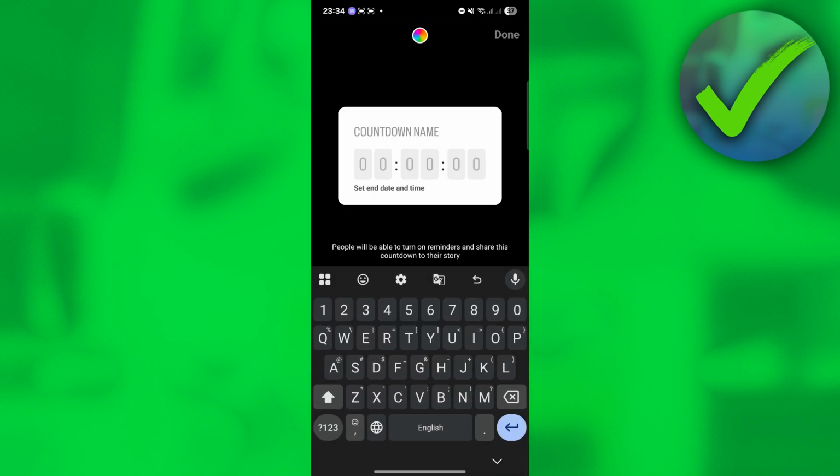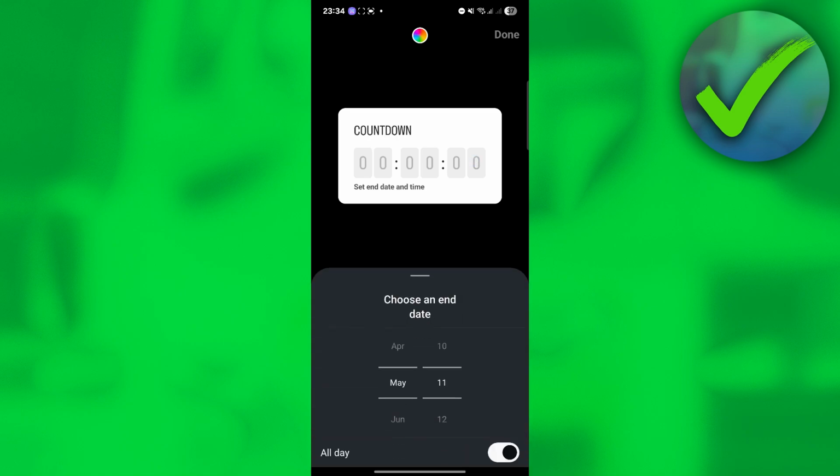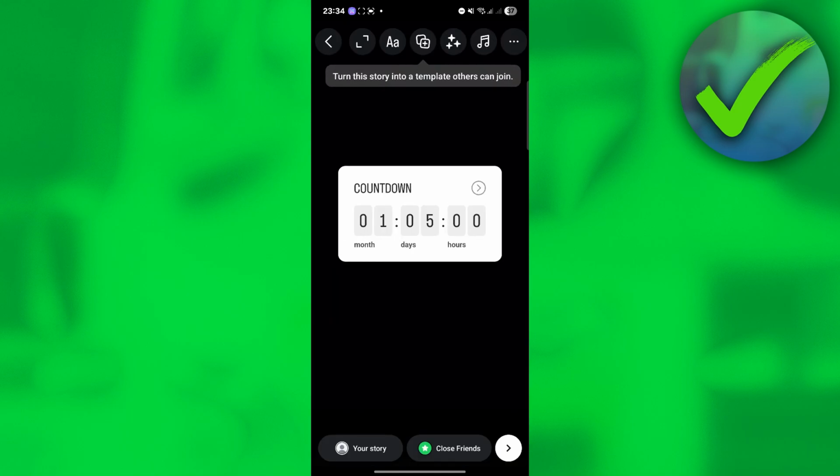So just click that, and then just change the value of the countdown name right here, and then of course the timer. So let's name this countdown, and then if you want to change it, all you have to do is to edit this right here. So let's do that, and then once you're now done, let's say for example you are now contented with this